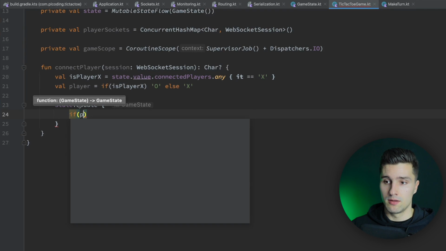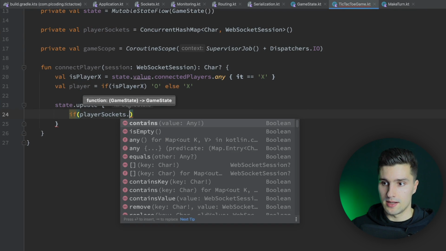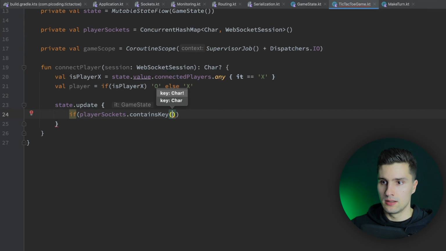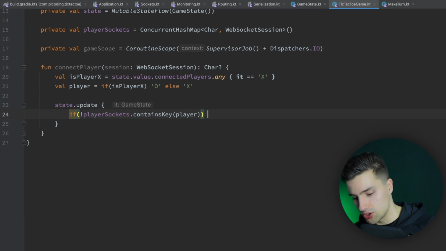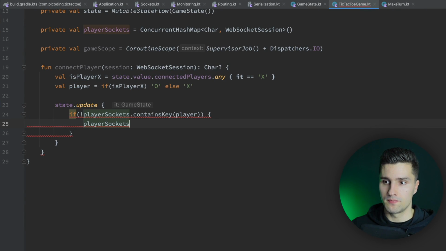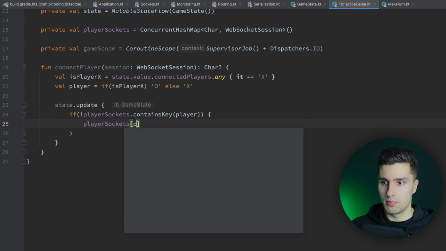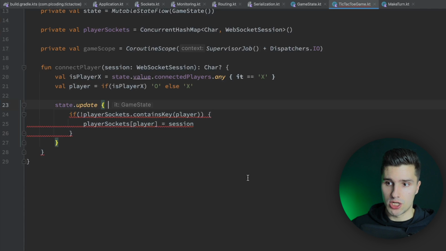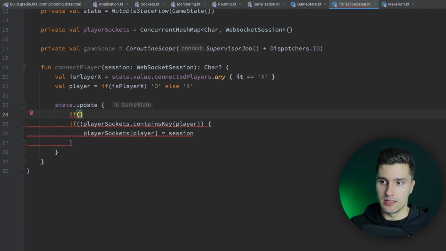So if player sockets contains key, and the key will be player, we actually want to check if that's not the case. So if there is no key yet for this player, so if there's no existing connection, no existing session, we want to assign such a session. So in that case, we want to say player sockets add, the key of player is equal to the session we passed here. And what we also want to check before is if there is actually already a player connected,